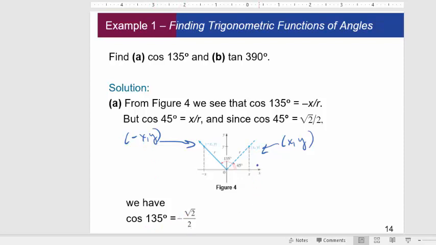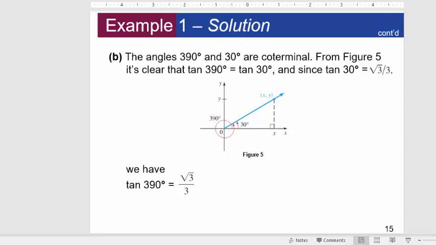All right. So 45 degrees and 135 degrees have actually a lot of similarities, right? X and y are the same. It's just that x is the opposite of y. And then 390 degrees, the first thing that you really want to think about with an angle like 390 degrees